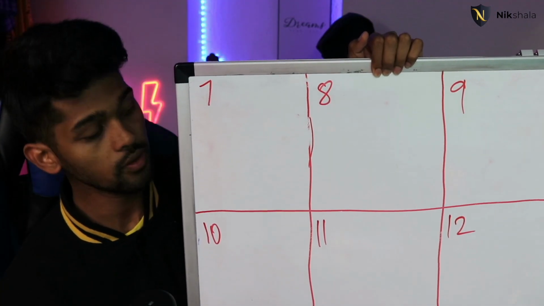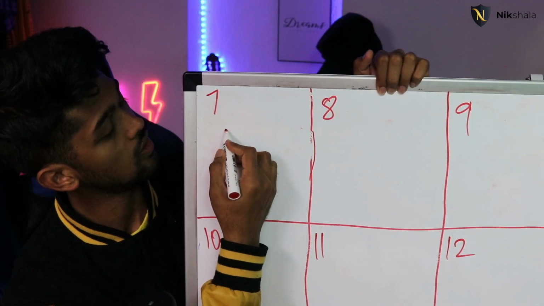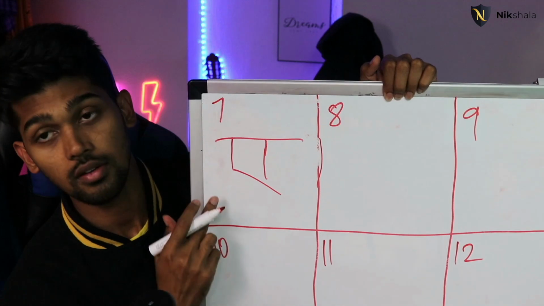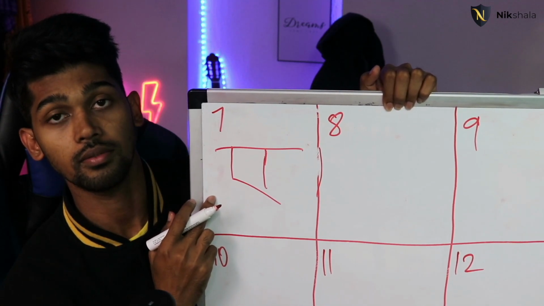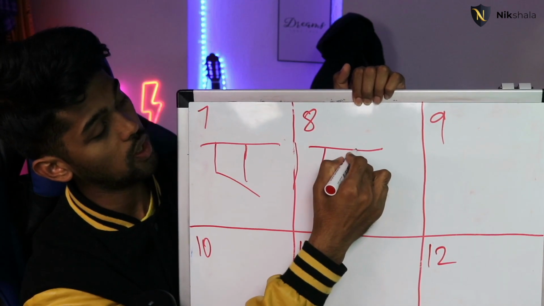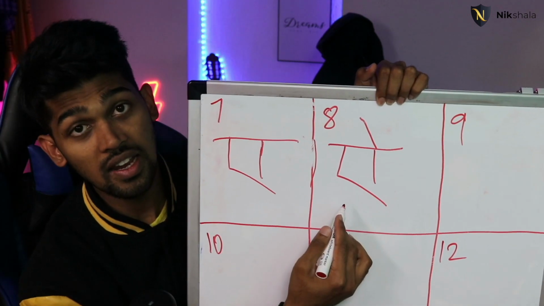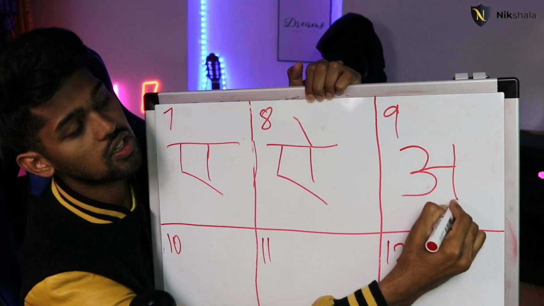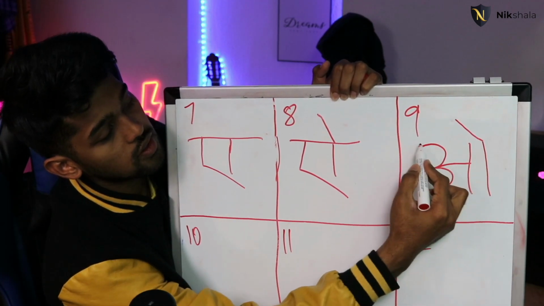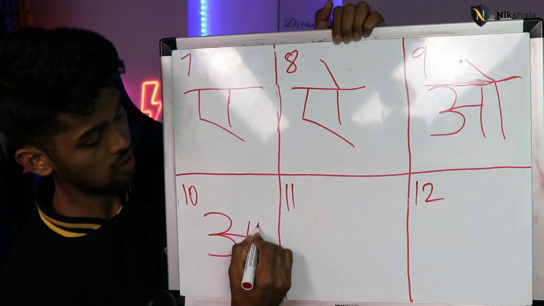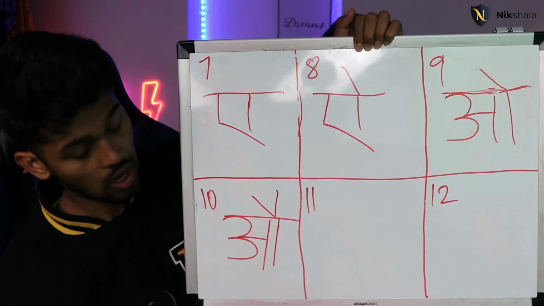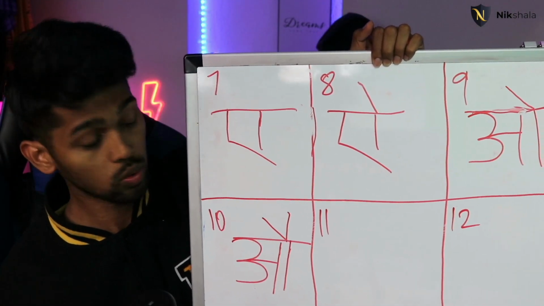So moving forward from here on, seventh one is like this. This is called A. Eighth one is the same way but with a line on top. A. Ninth one is O. This is exactly like the first letter we wrote, and then putting a line on top of this becomes O. 10th one is exactly like this but with 2 lines on top. O. 11th one is